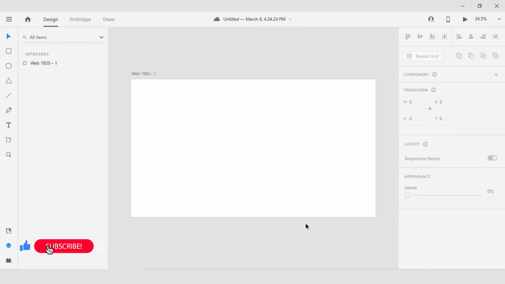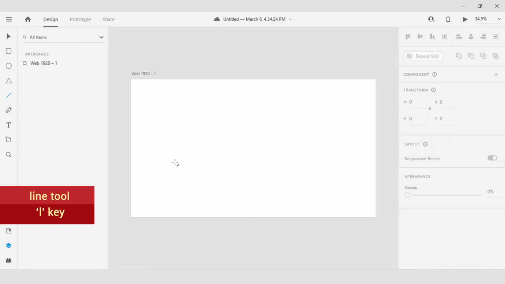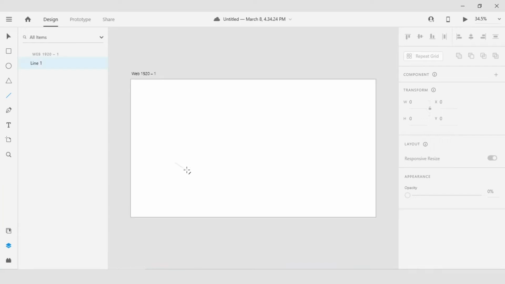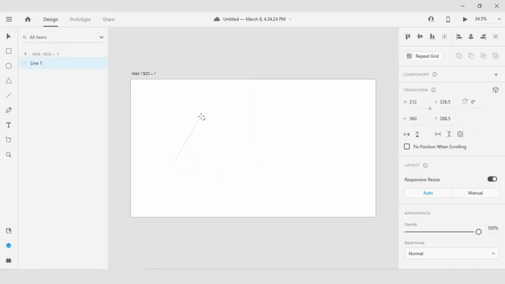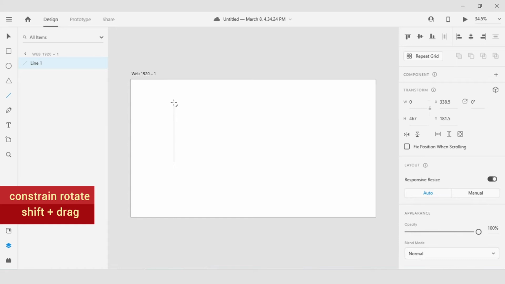Let's take a look at the line tool. It's basically a path that's, well, straight. So if I come in and select the line tool, I can either click on it or type L on the keyboard. And as I press and drag, I get that line. I can freely draw it. If I hold the shift key, it's going to constrain me to 45 degree angles. So that's going to be 90 there, 45 here.